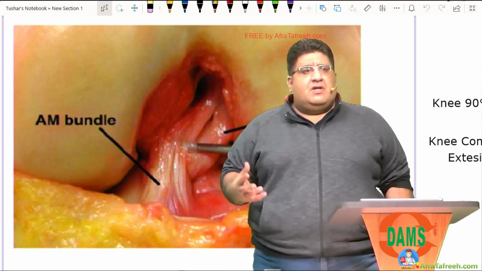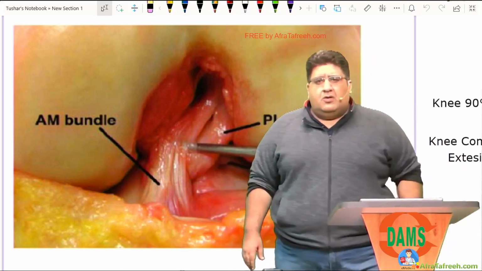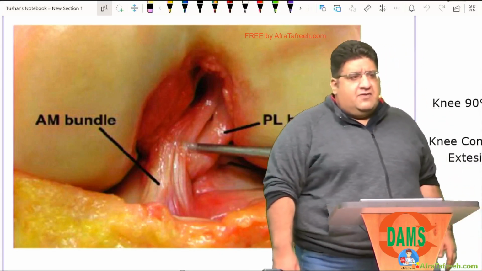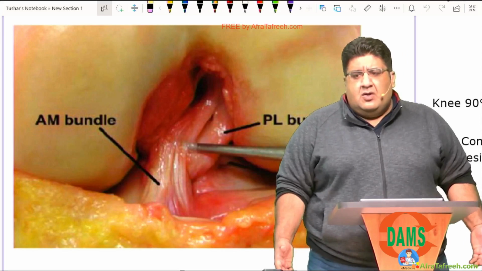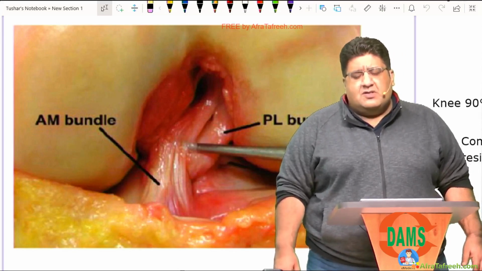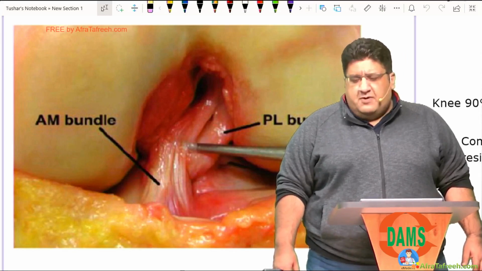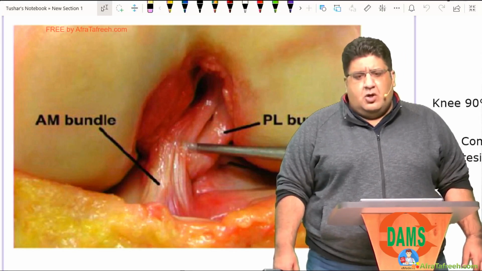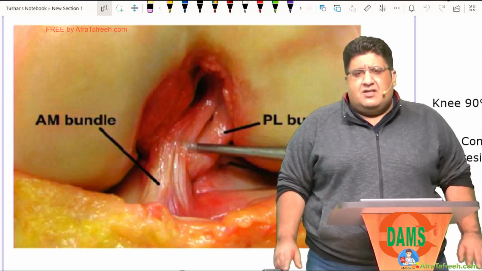My senior gave her an option that if you want to pursue a sedentary lifestyle throughout, no need for surgery. But if you are active in sports or dancing or anything, then you should get it operated. Living on a single bundle is not making any sense right now. She opted for surgery. Seven days later, she got operated in our hospital, in our department, in our unit, and I was the assistant in the surgery.